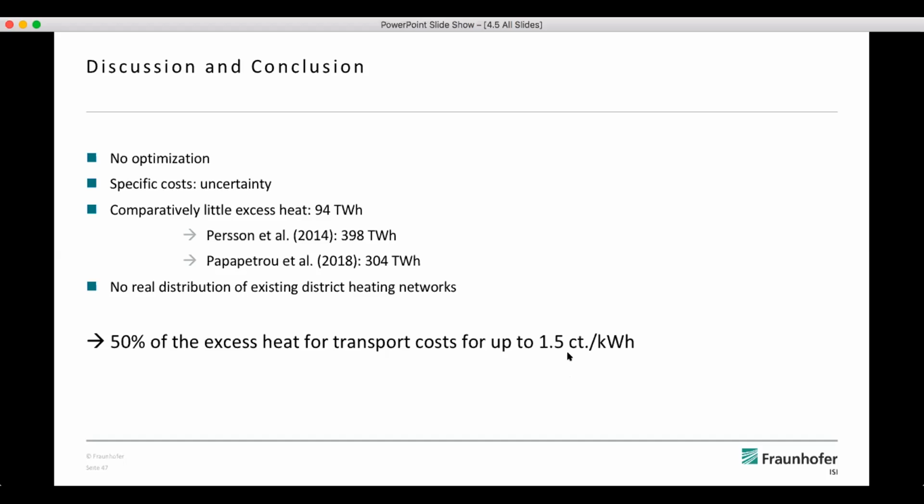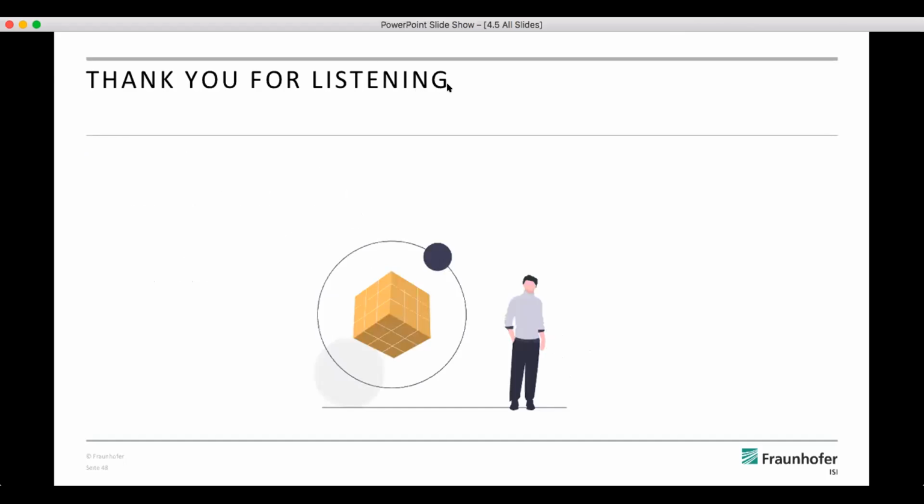So from our point of view, excess heat really might be a driver for setting up or at least extending district heating networks. And if we have some time, Carol, I'm not sure if I can use your browser. So I could just open the toolbox, or at least send the links in the chat, and you could try it out afterwards directly. So I think there's no browser. Okay, I will just send it to the chat. I think it's a good idea if you just send it.